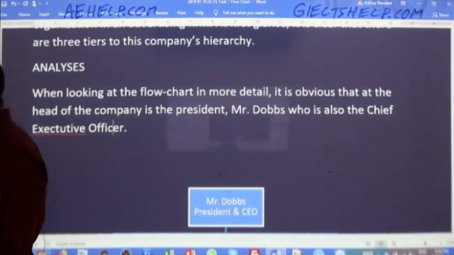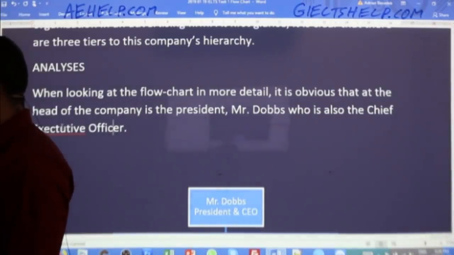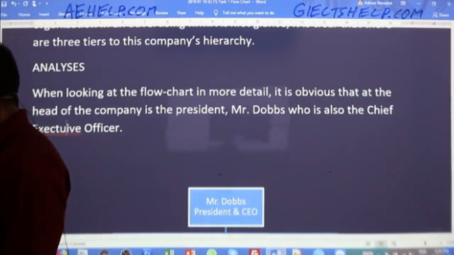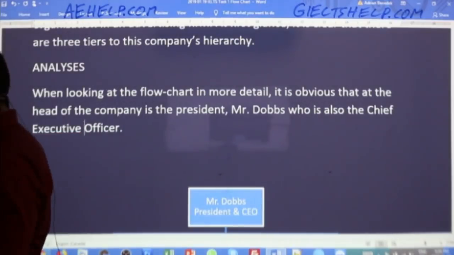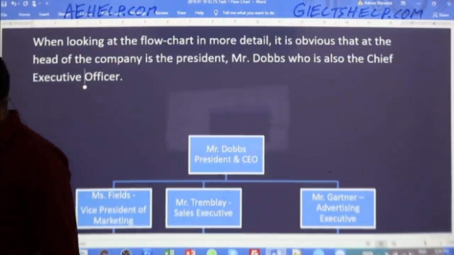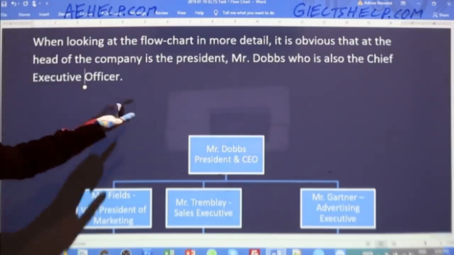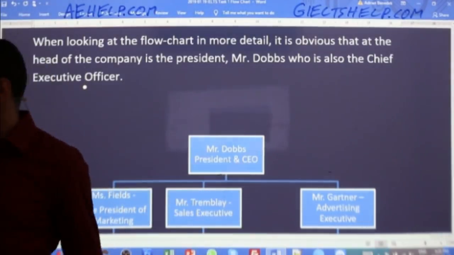Why would I do that in this case? Why would I write out CEO to say chief executive officer? Because that shows the examiner that I know the meaning of CEO. Okay, so if you know that it means chief executive officer, CEO, that's great.